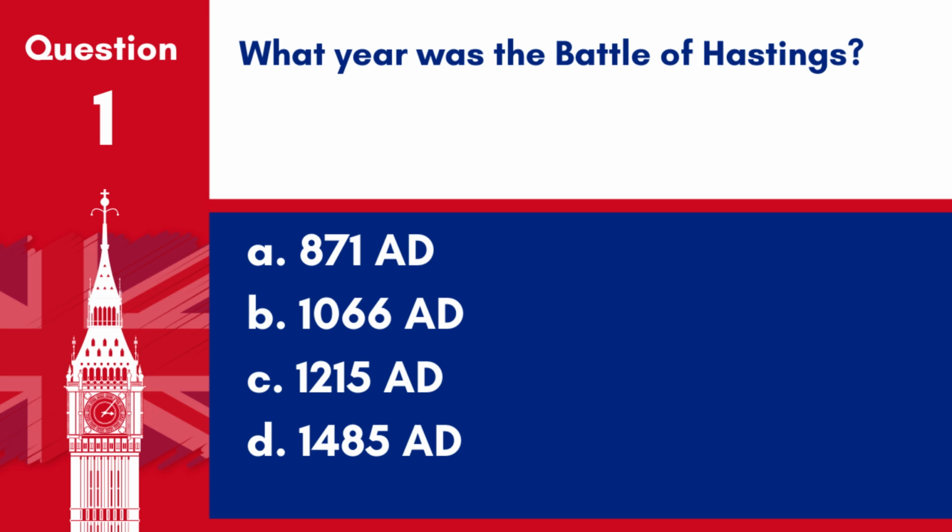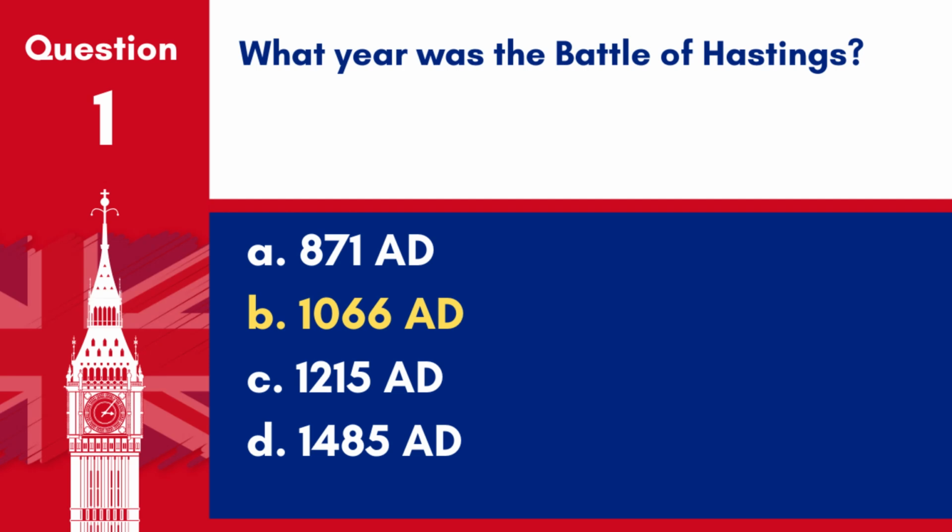Question 1. What year was the Battle of Hastings? A. 871 AD. B. 1066 AD. C. 1215 AD. D. 1485 AD. Answer: B. 1066 AD. The Battle of Hastings, which led to the Norman conquest of England, took place in 1066